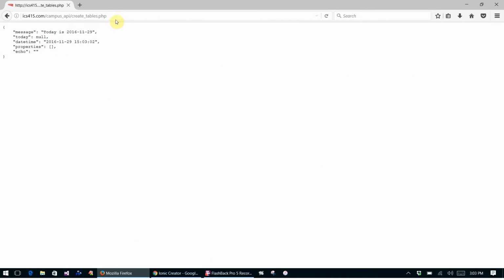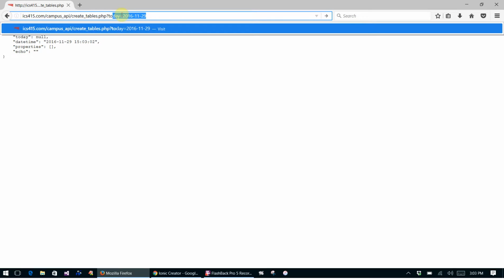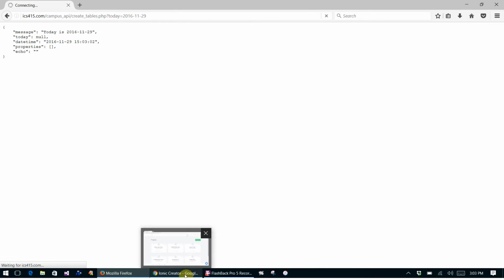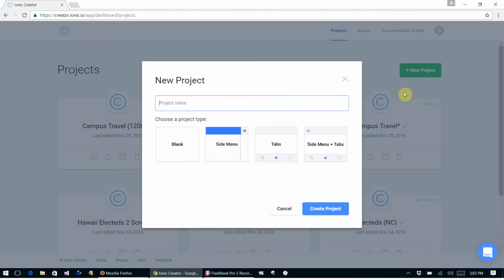The way you execute it is you need to include question mark today is, and then the day's date, like that, and you press enter, and then that will actually execute it and clear out the tables and reinitialize them. So while we're waiting for this to happen, I'm going to start up a new campus travel project, and I'm going to name it Campus Travel